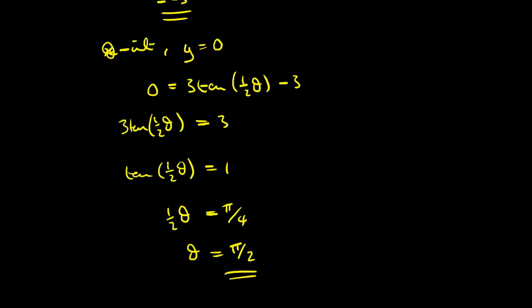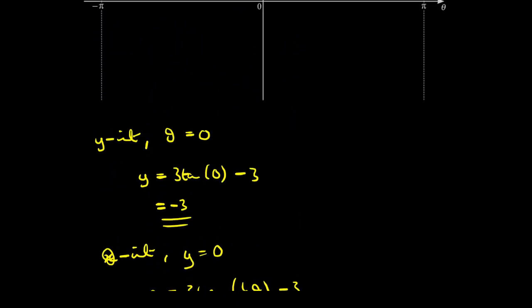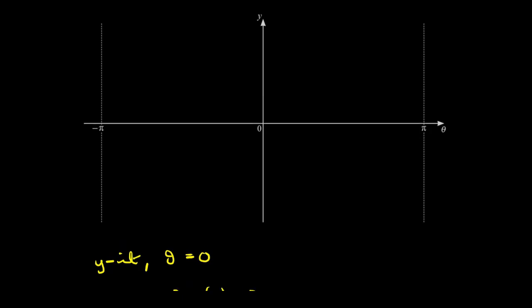So let's try to draw these coordinates on our graph. So what we're saying is we are going to have an x-intercept here, which is at pi by 2. We're going to have a y-intercept at negative 3, so I'll put that there. That's negative 3. And the graph will follow the asymptotes, right? So it'll come up to the asymptote there, and it'll be down the asymptote here. So now all I've got to do is join